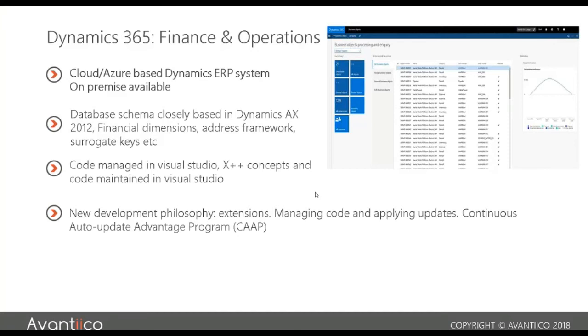But the code now is based on disk. It's been moved from the model store, the database in 2012, to XML files. It's now linked to version control, online version control, VSO, or what it's called now, VSTS.